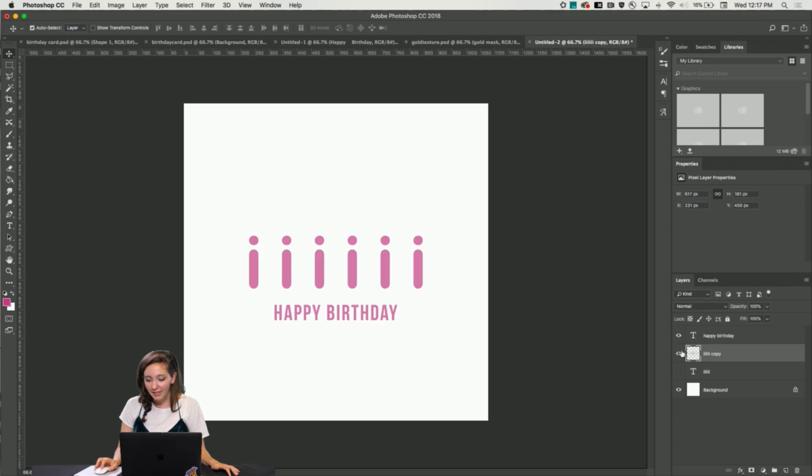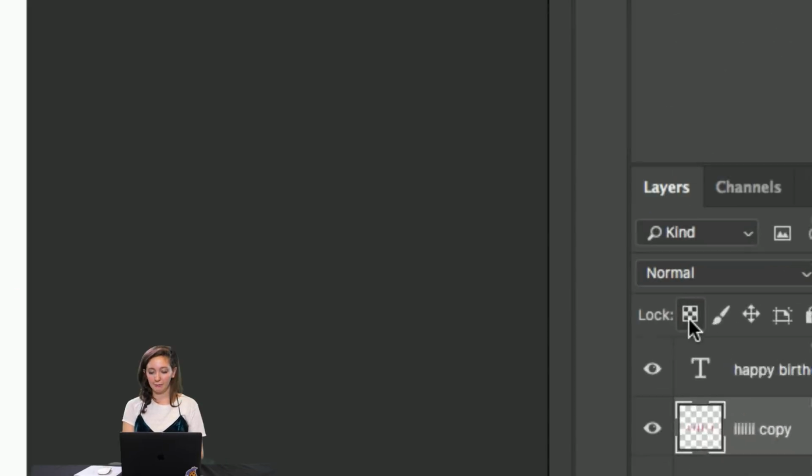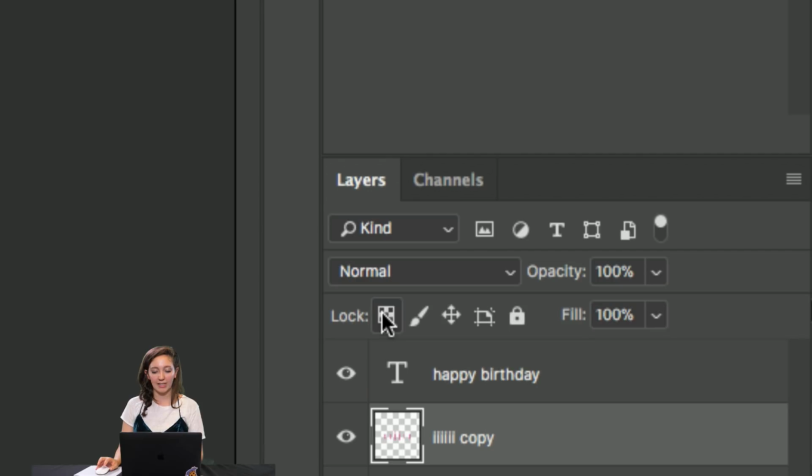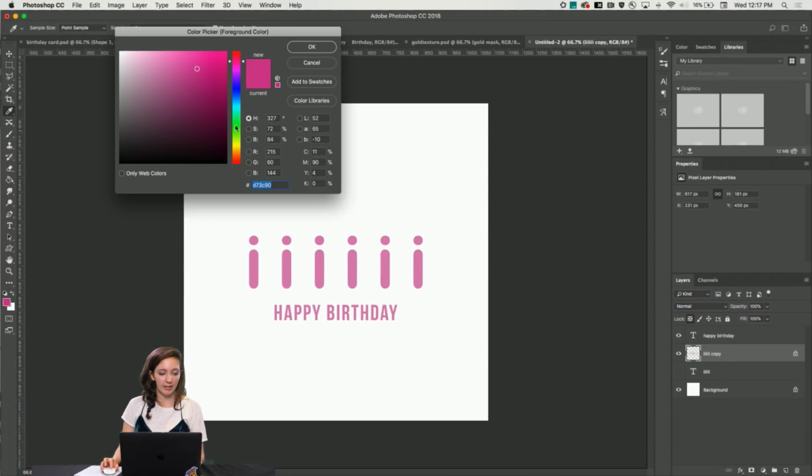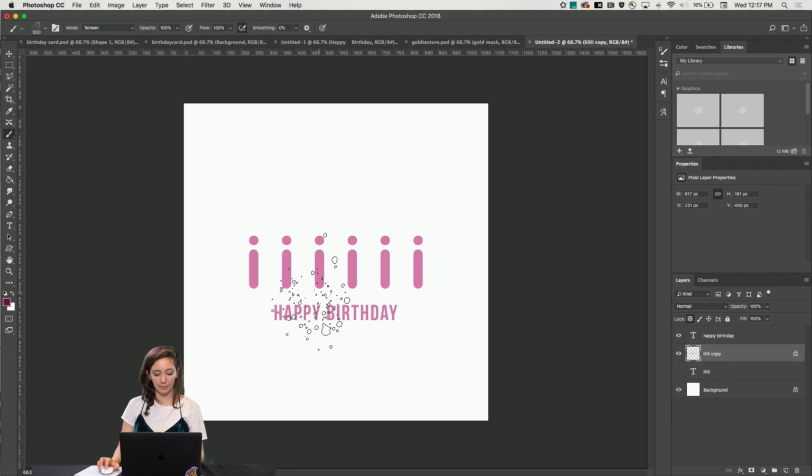Okay, so we have our pixels here. Now let's change some colors. This is one of my very favorite things I love to do. This is a really nice digital painting trick. If we go up here, we're gonna lock our transparent pixels. That's this icon right here, right next to lock. Click on that. And then if I choose a different color, say a darker burgundy,